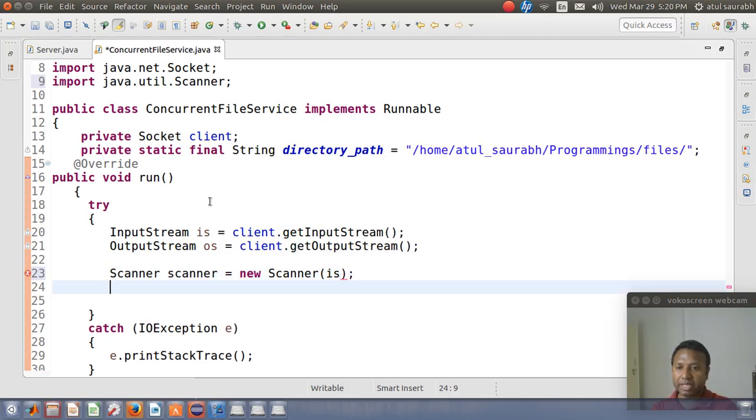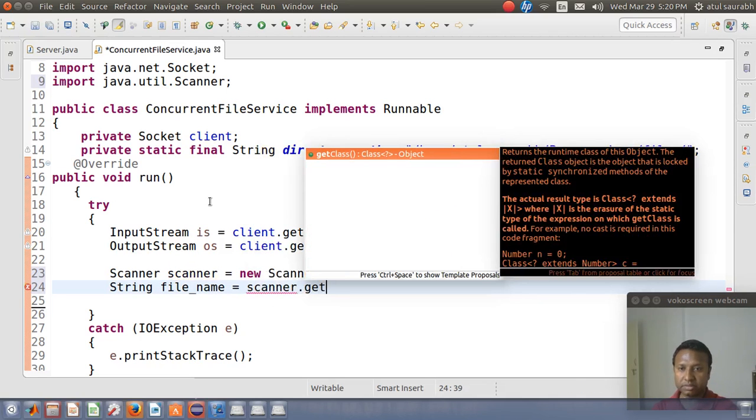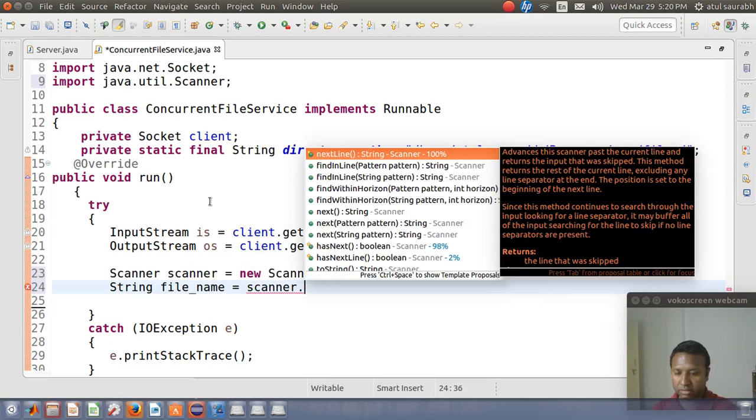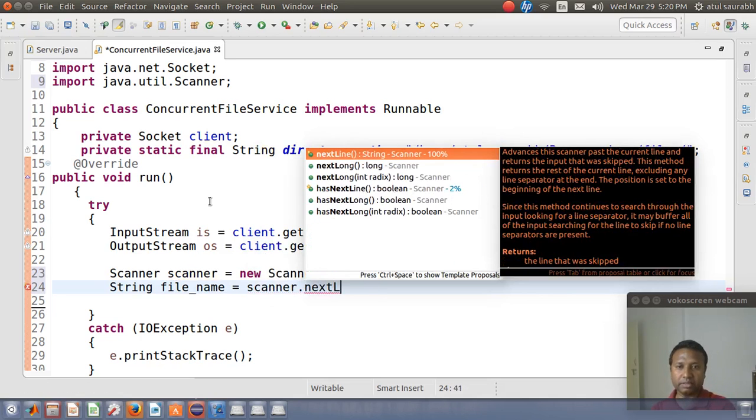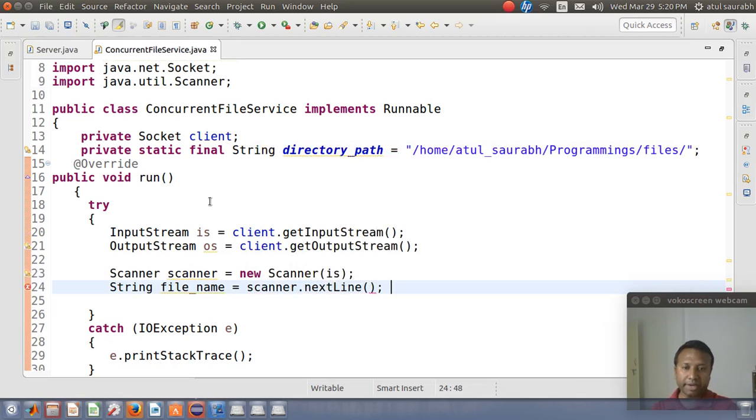Then we will get the file name that will be sent by the client. So scanner dot next line. Here I am getting the file name sent by the client.